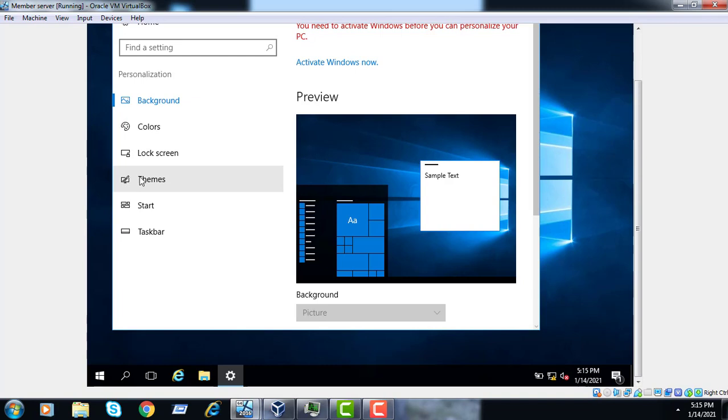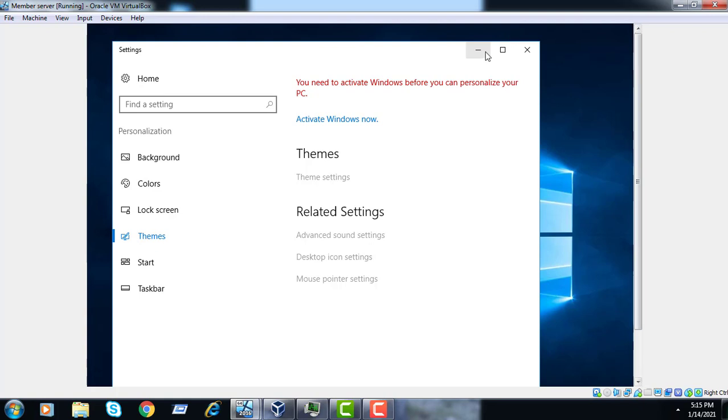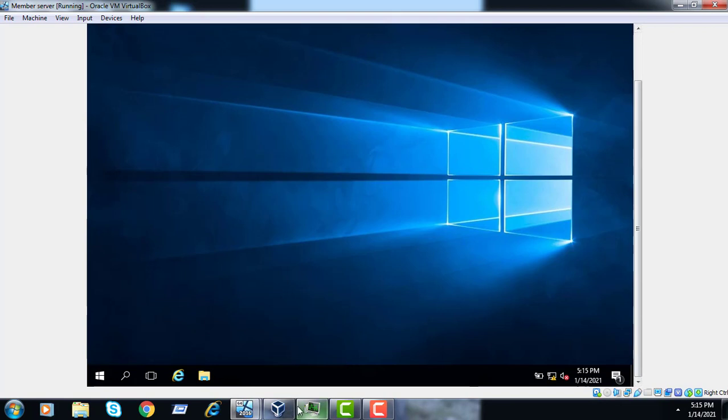You can see here Windows is not activated right now. I will activate it soon. You can see this icon is disabled. Once I activate it, it will work. I will do that in another practical, but for this practical purpose it's okay.